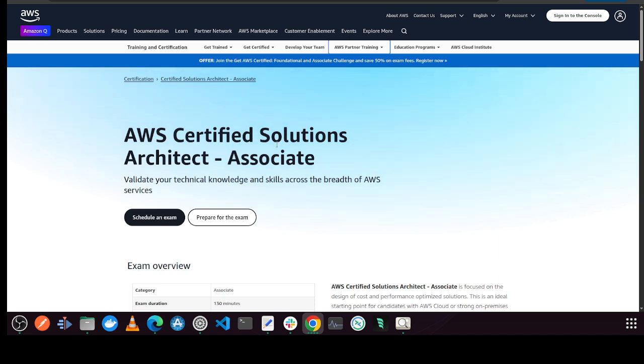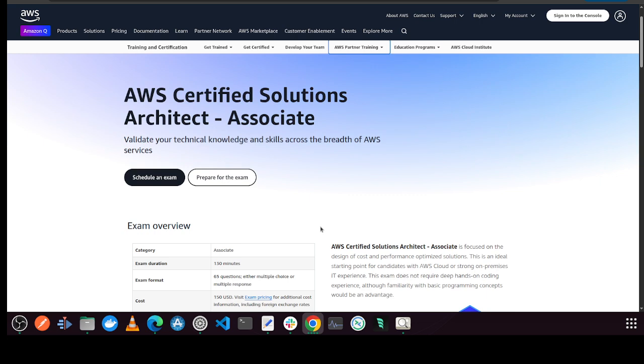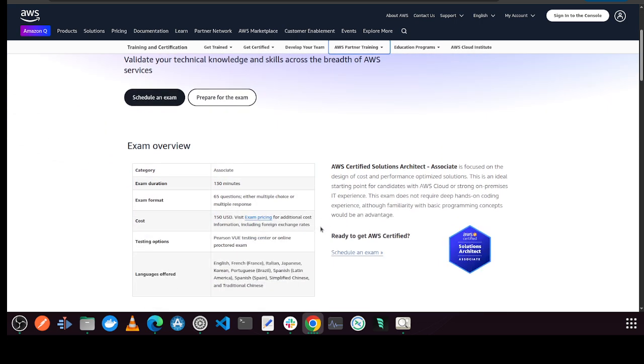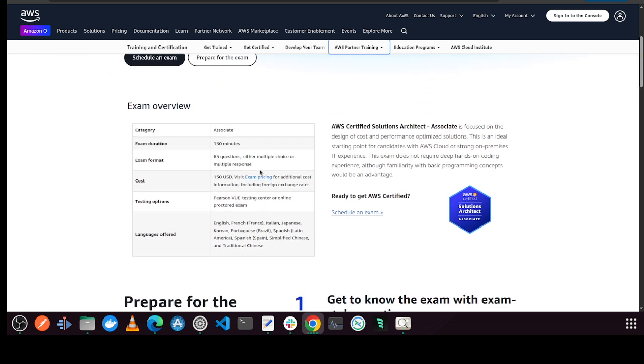So basically, I was able to sit for the exam online, prepared a bit. I'll share with you the resources, and the exam is 130 minutes. 65 questions. 50 are the ones that actually account for your marks. They are weighted, and 15 are not weighted or not graded. There is a way AWS does it, but they don't disclose.